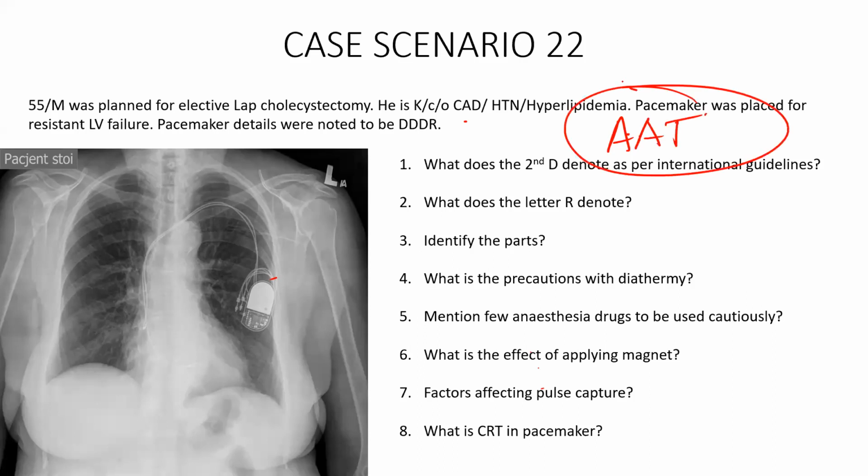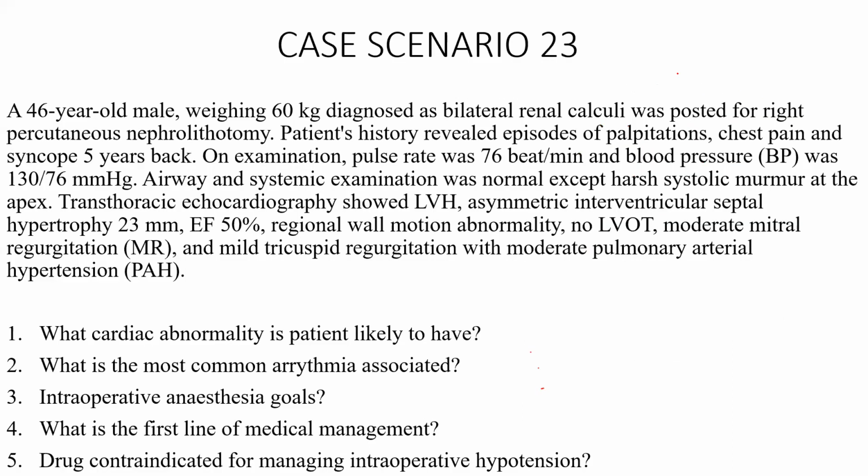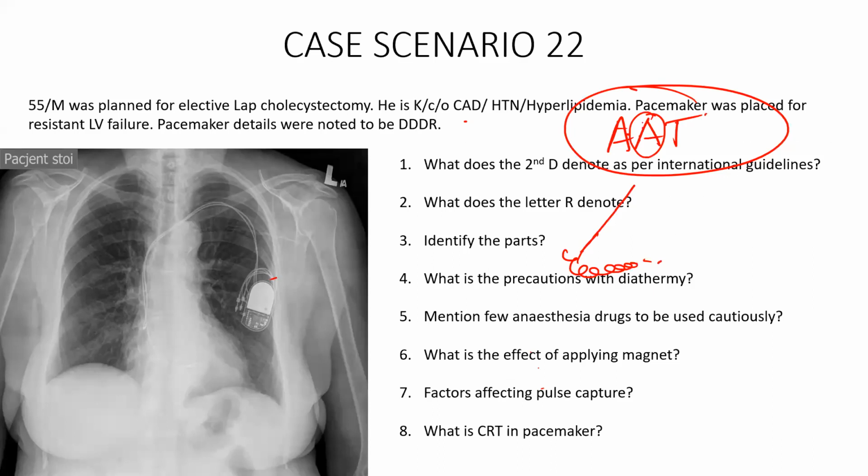If you have this type of pacemaker, whenever they use diathermy, the electric currents will be sensed by the sensing chamber as an atrial contraction. Since you set it in a trigger mode, it will give additional stimulus apart from the native intrinsic heartbeat. When you have multiple stimuli at the same time, and a stimulus reaches the relative refractory period, which we spoke about in the previous class, it produces subsequent stimuli, and that can result in ventricular arrhythmias. So to avoid that, you apply an external magnet, a round, circular magnet.